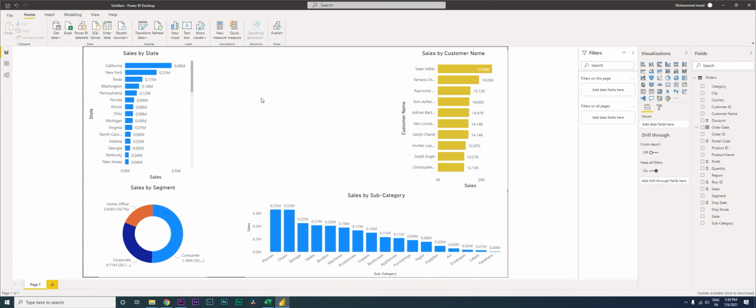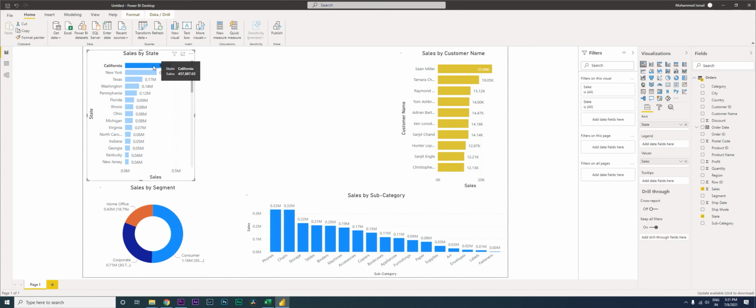Now one of the vital features of Power BI is that these are interactive charts. Now what I mean by interactive charts, for example, let's say you want to know your top 10 customers by California. How do you see that right now, right? Because this is our total top 10 customers, right? Now we don't know how to see by state. Power BI makes this particular task very simple. All you need to do is just click on California over here, right?